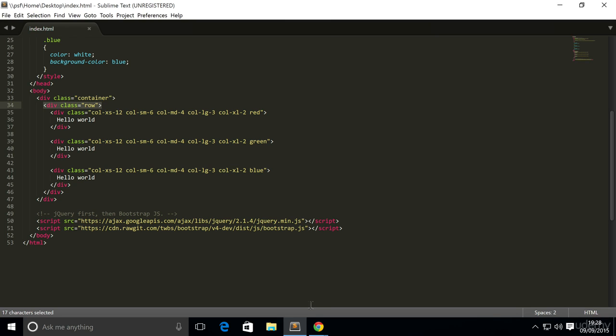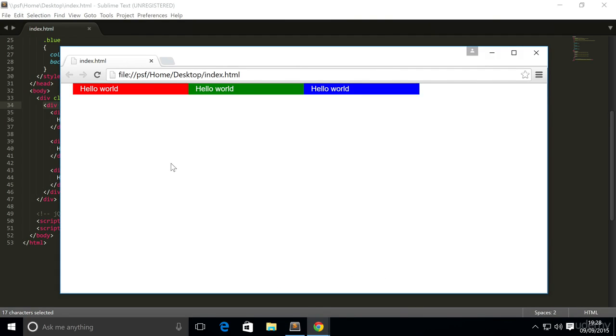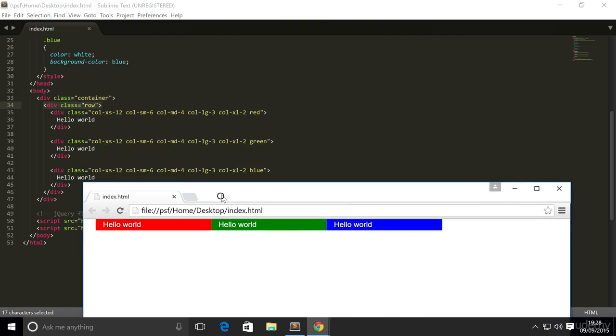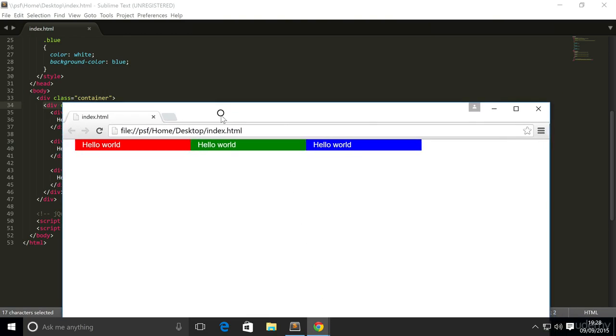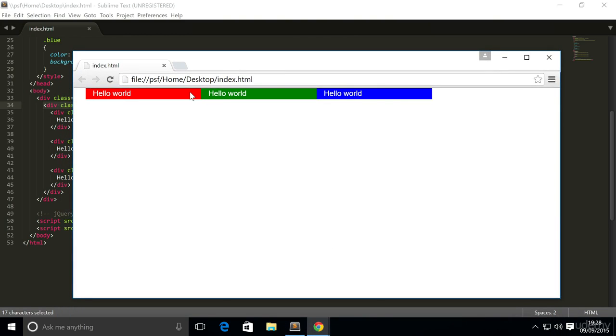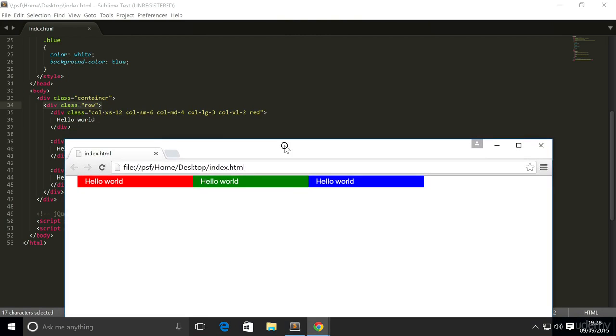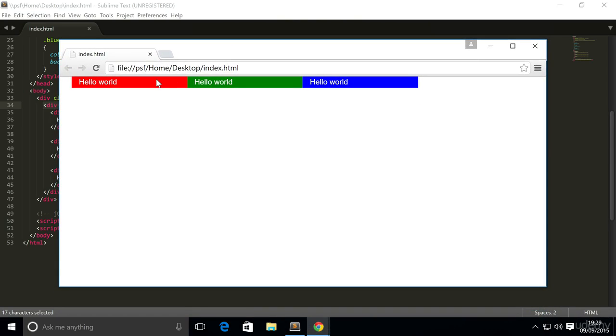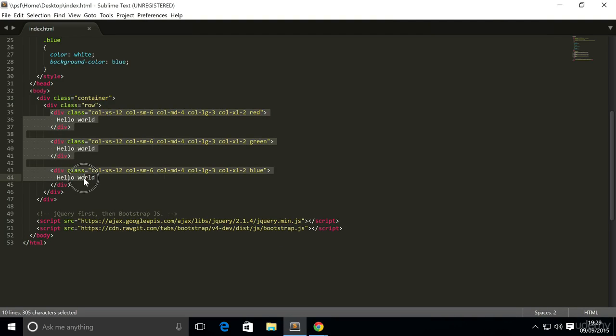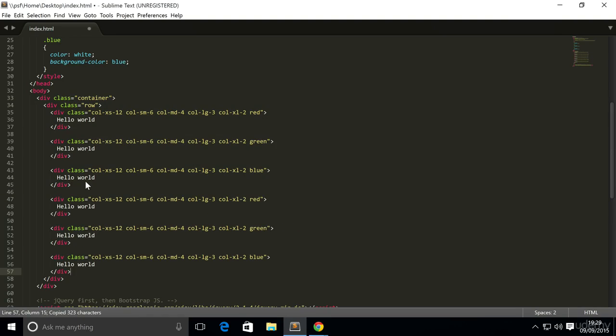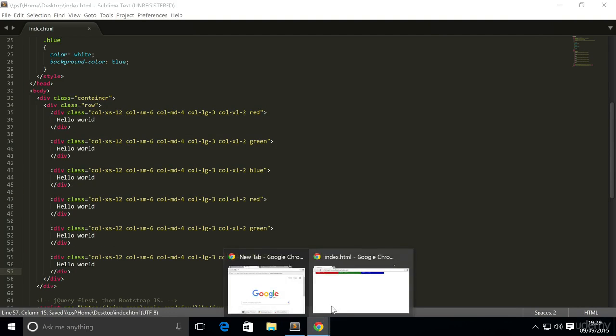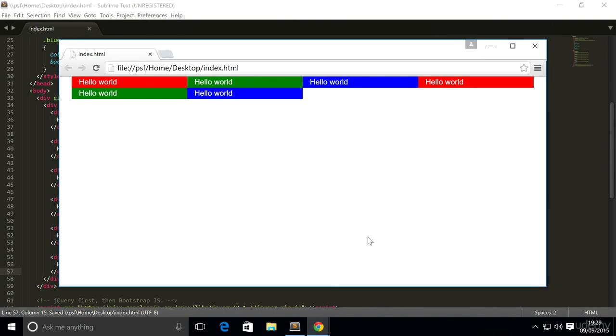So if we just go onto our website, here we have it. We are on the screen size of medium. It's going to stick to medium for now. So we've got 4, 4, 4. Actually, no, sorry, we're on large. So we've got 3 grid spaces, 3 grid spaces, and 3 grid spaces, and there are 3 remaining. And let's say I want to add these items like they are again. So I'm going to copy and paste this, save it, refresh, and they are working as they should be,